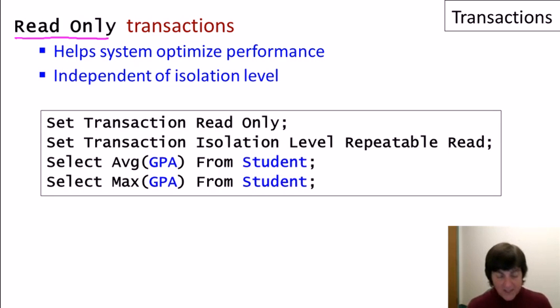So for example, in our transaction where we were just reading the average GPA and the max GPA, we can set an isolation level, and then we can also tell the system that it's going to be a read-only transaction. That means we're not going to perform any modifications to the database within the transaction. The system can use that as a hint to figure out its protocols to guarantee the right isolation level, but it might not have as much overhead as if the transaction had the possibility of performing modifications as well as